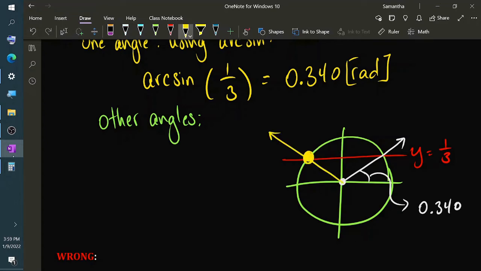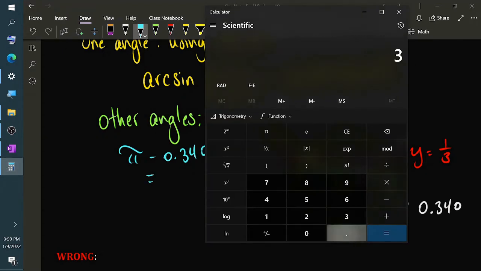But for sine, in order to get this location on the left side of the circle, I need to go forward by half a rotation, forward by pi units, and then backtrack by 0.340 radians. So pi minus 0.340, which is approximately equal to,